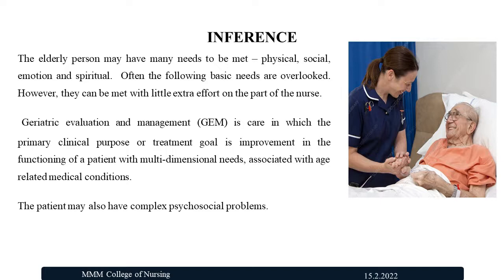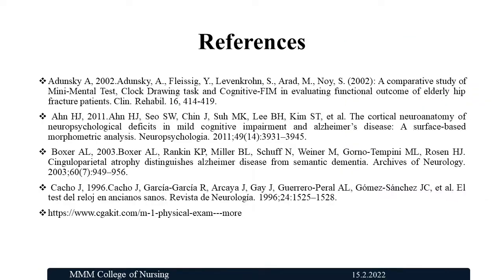Often the following basic needs are overlooked, however they can be met with little extra effort on the part of the nurse. Geriatric evaluation and management is very important. It is care in which the primary clinical purpose or treatment goal is improvement in the functioning of the patient with multidimensional needs associated with age-related medical conditions. The patient may also have complex psychosocial problems. These are all the